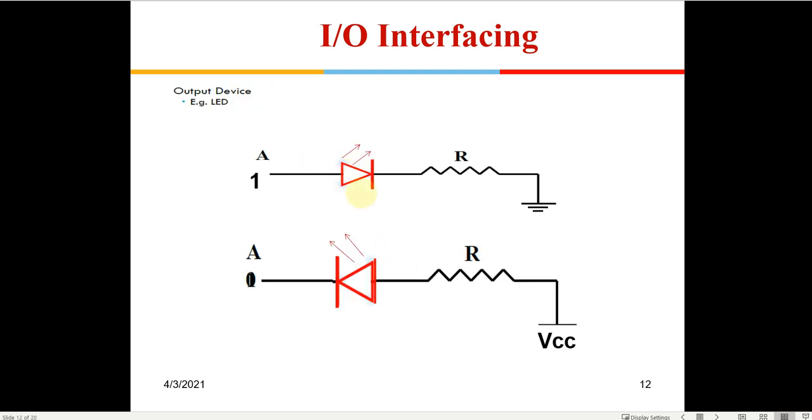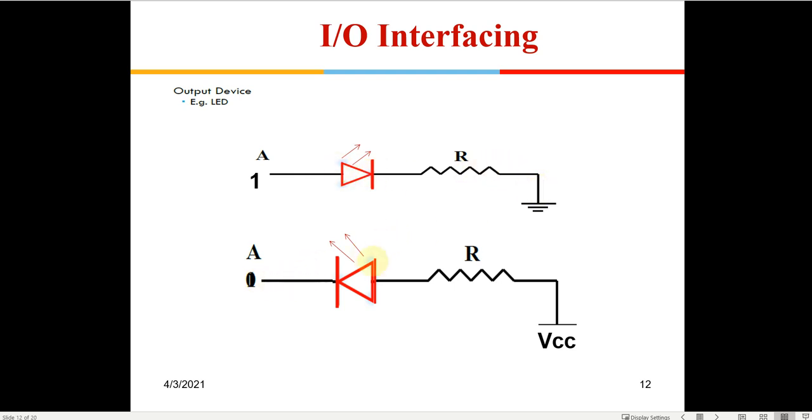Similarly, if you want to connect an LED, you can have this kind of arrangement. If you want an active high signal coming here, you can connect an LED and, through a resistance, ground it, like we saw in the digital class, because the voltage available here will be 5 volts. So you need to connect a resistance to drop the voltage across this diode to 2 volts. Generally most LEDs work at 2 volts, so you need to connect a series resistance.